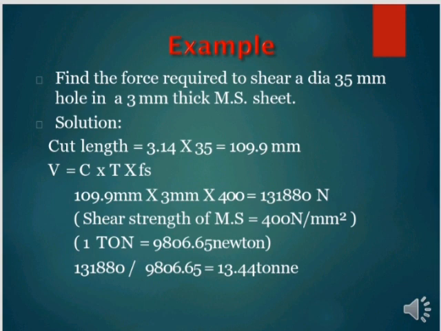Now 109.9 mm into 3 mm into 400 is equal to